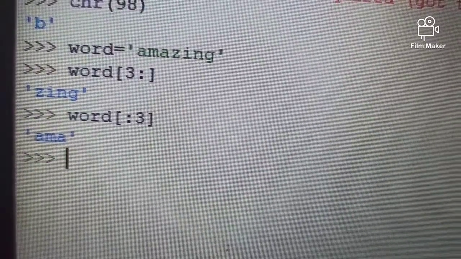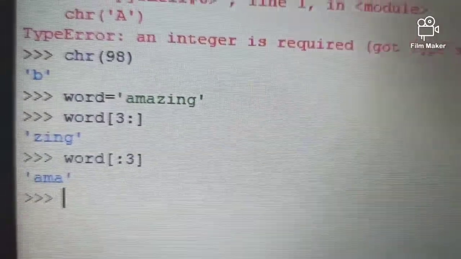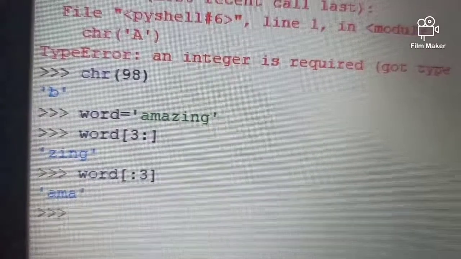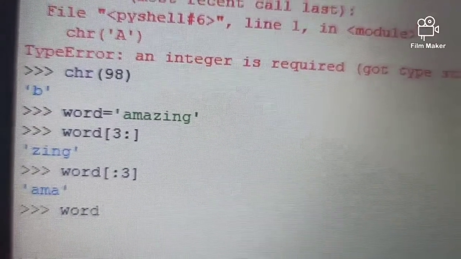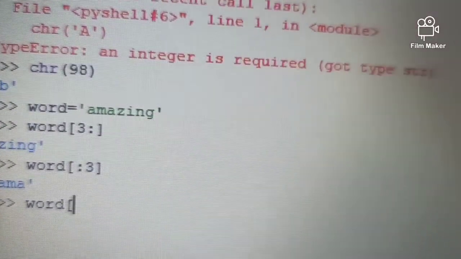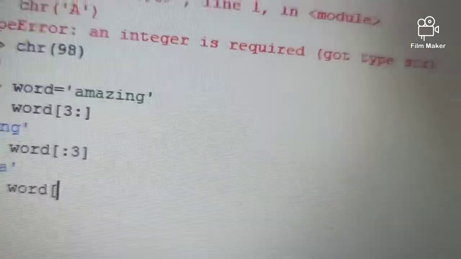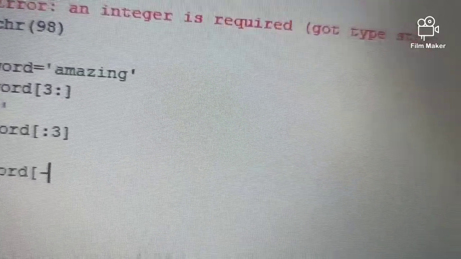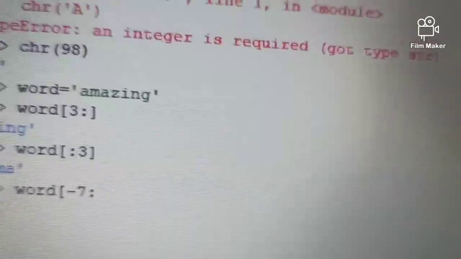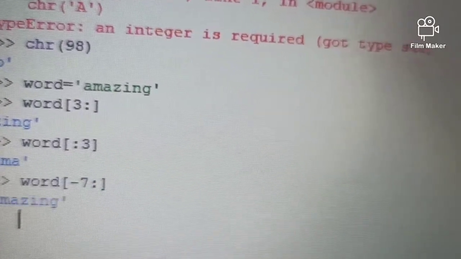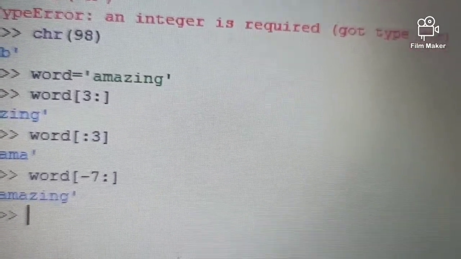Clear, children? Let's take one more example with a minus sign. Okay, let's take word minus 7 colon. Let's see what we are getting. We are getting amazing.